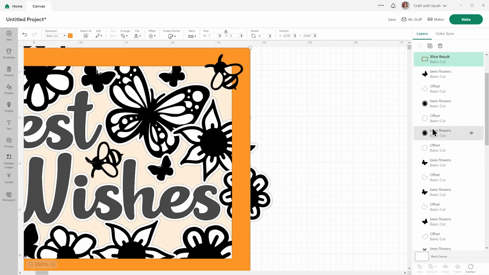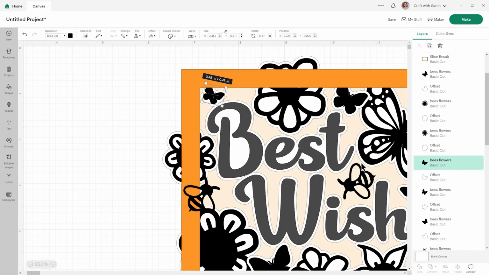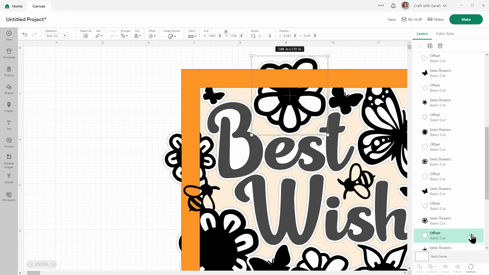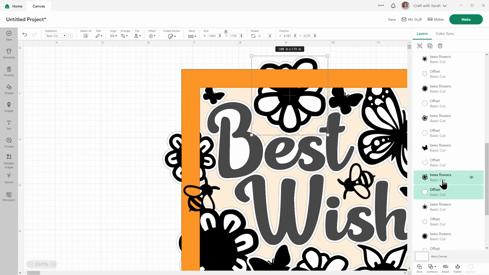This little butterfly here. Oh, not that one. That one? He's not quite touching the T of the text. So I'm going to move that one down. And again, with this flower, it's not quite touching the letter offsets. Now it is.